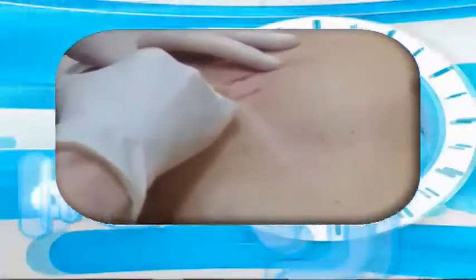So what we now do, instead of injecting them, because we're making little holes in the surface of the scar when we treat them with the fractional lasers, you rub the cortisone in afterwards, and it goes down the holes, and you can get that in, so we can do the combined treatment. And it's much kinder. So listening to you, I get the sense too that we have to be realistic about